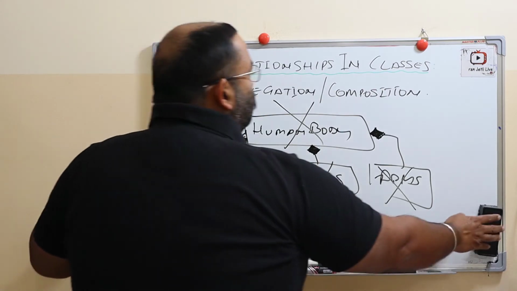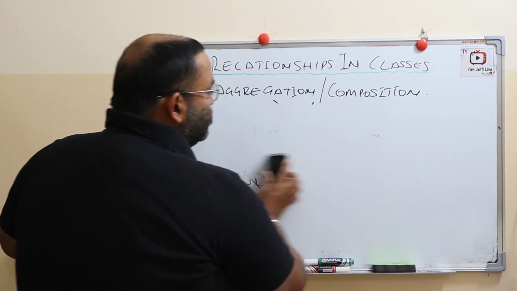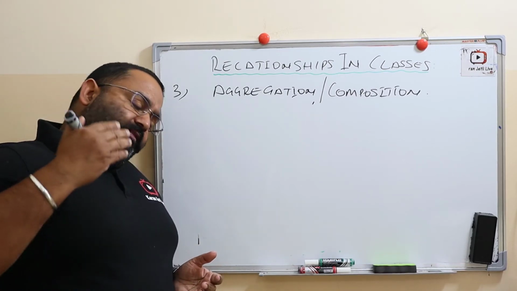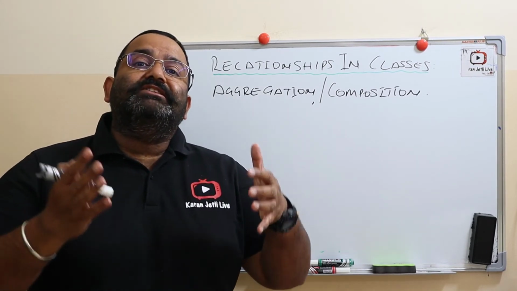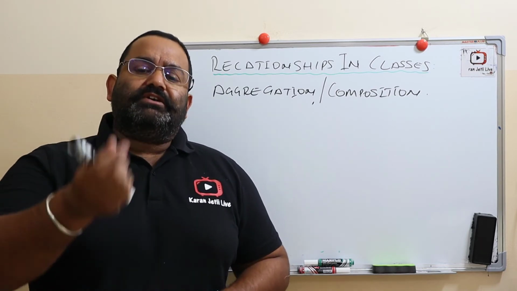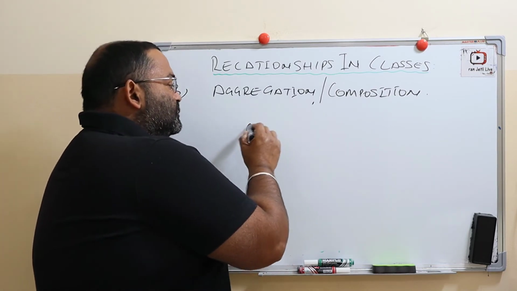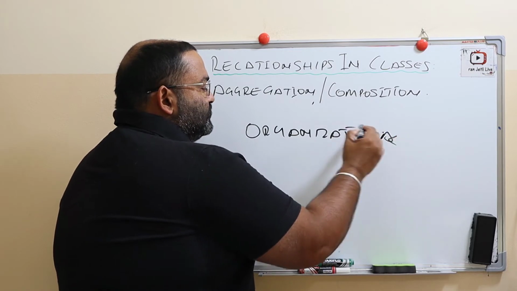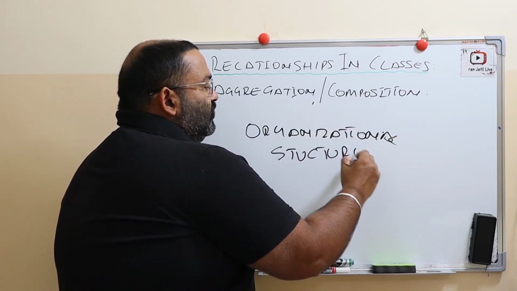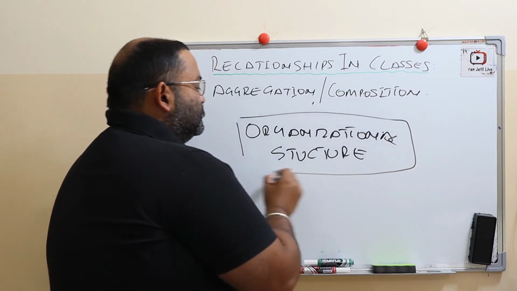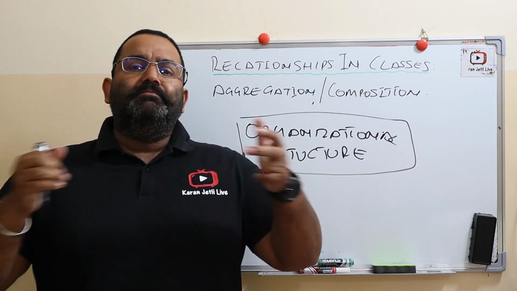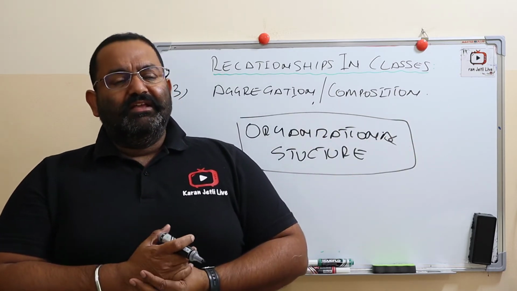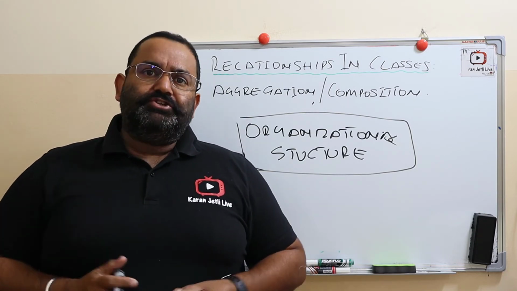And guys, today I was thinking of another example of composition. What came to my mind is, for example, an organizational chart, an organizational structure in a company. Now, all of you know what an organizational structure is. It is nothing but a combination of different employees, different departments, and what their designation is in which department. So it shows the hierarchy.